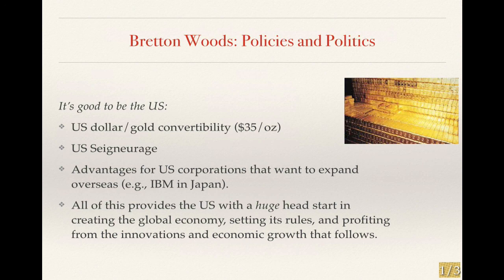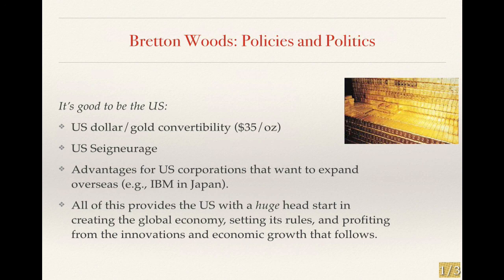It stands obviously to reason that if you're going to be signing contracts that are going to extend over many years, you would like to know and be able to trust that the value of the currencies in which you're signing those contracts aren't going to radically rise and fall over the course of those years. The Bretton Woods system, in particular the US dollar gold convertibility mechanism, was designed to provide that kind of assurance. Under this system, the US has basically what is referred to as seigniorage, the ability to print the world's reserve currency as it deems fit, or not print it as it deems fit.